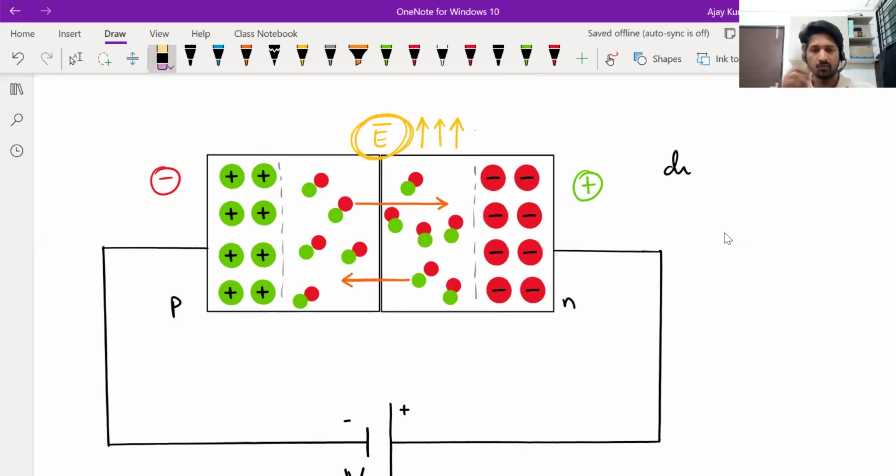Now electrons are going from P to N. Negative charge going from P to N means current going from N to P. Holes go from N to P. Positive charge means current goes from N to P. So drift current will start becoming significant. So basically what is happening here, if you strengthen the electric field too much,